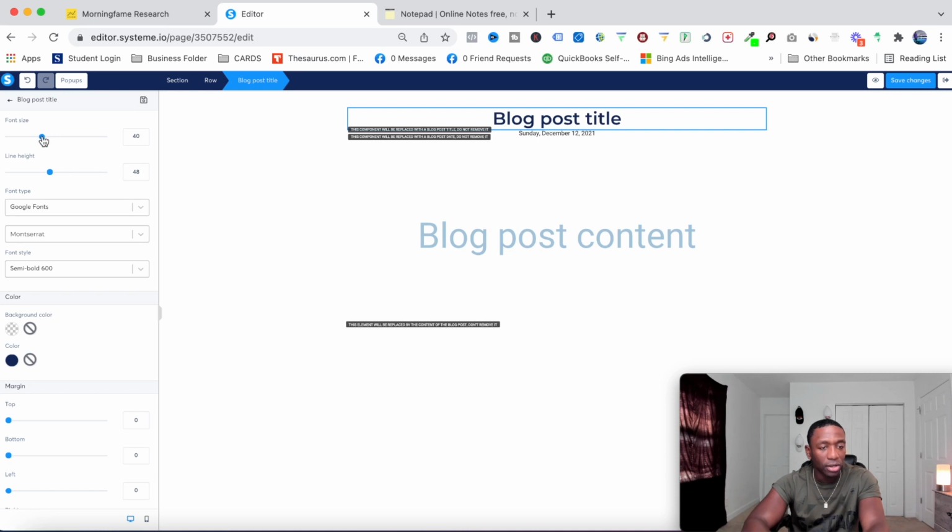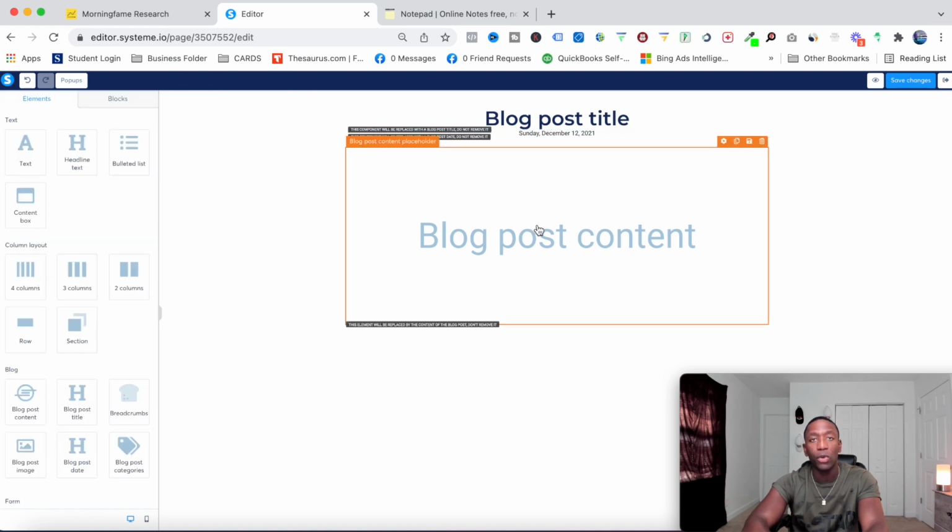So what I'll do is I'll adjust the font size a little bit. All right, that's quite big, right? So I'm gonna go with this and we're just gonna let that roll. All right, so now we got our blog post title, we got our blog post date, which pretty much auto populates within that spot. And then we got our blog post content, how we want it, pretty much in the middle. And then down here at the bottom, we can add additional things if we really want to, such as, let me show you